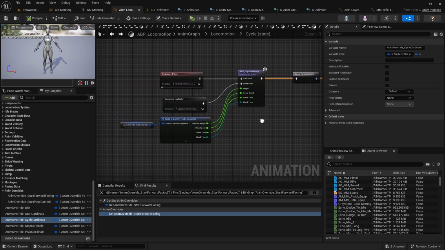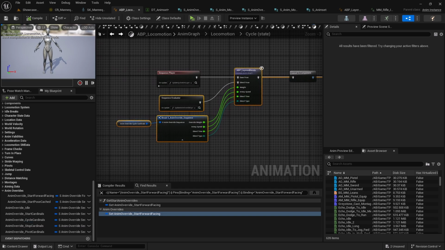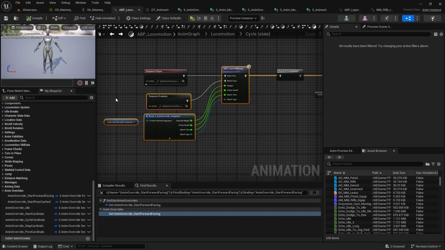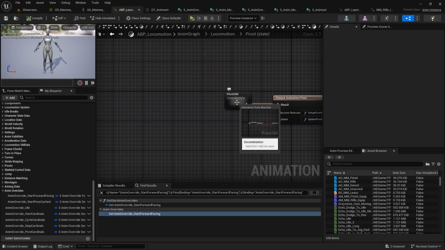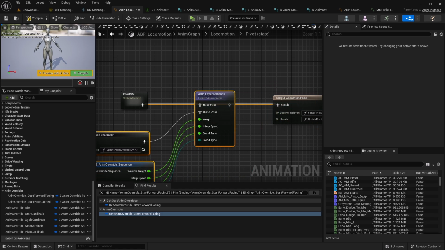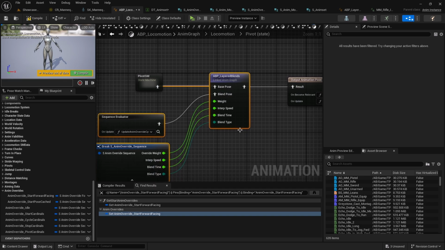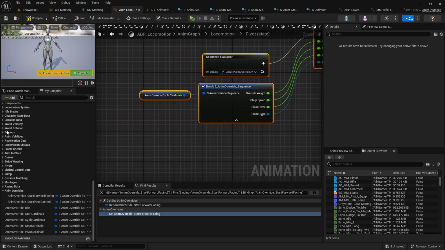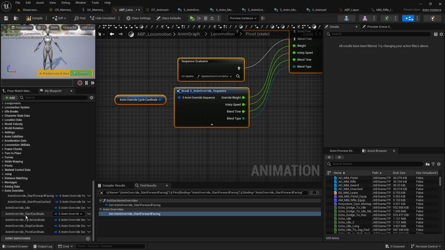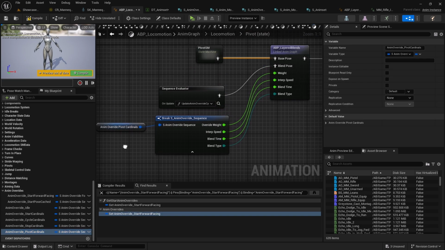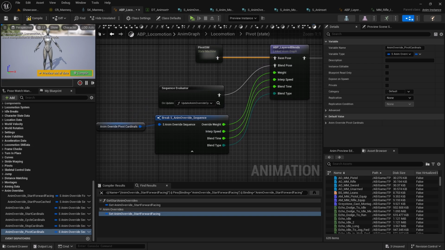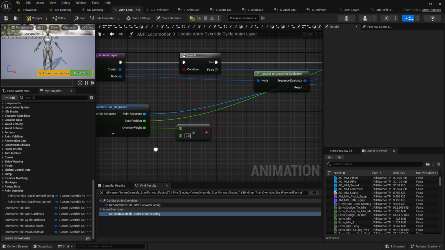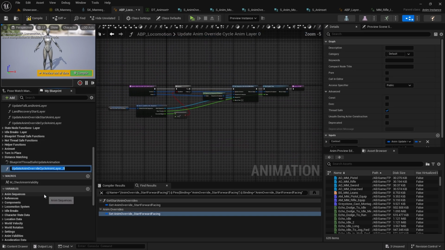Yeah, we have this anim overrides layer blends for cycles, and similarly let's copy and paste those for pivot as well. Pivot, and let it to here, right? And as the anim overrides, I don't need the cycle cardinals. Instead, let's use pivot cardinals. And also, I don't need this one here. Therefore, let's simply copy, duplicate it,